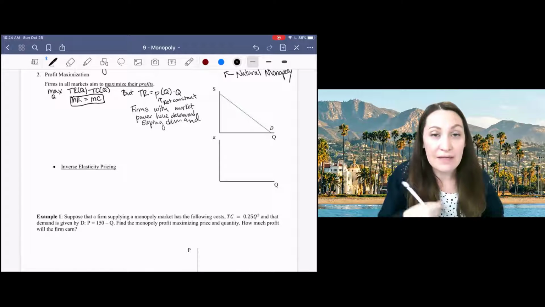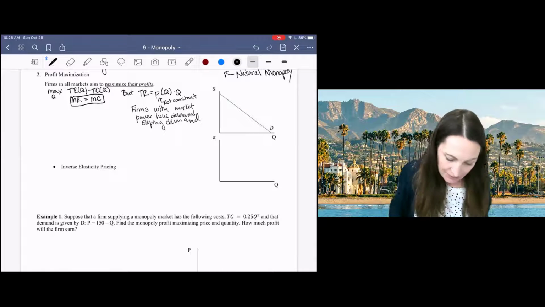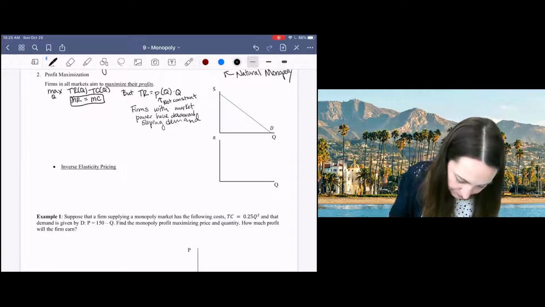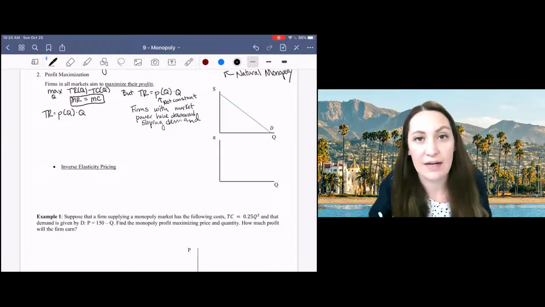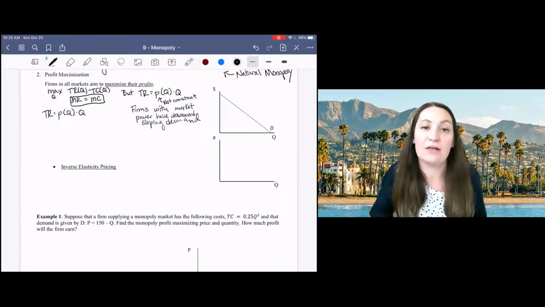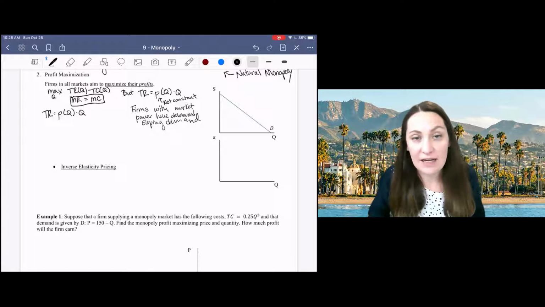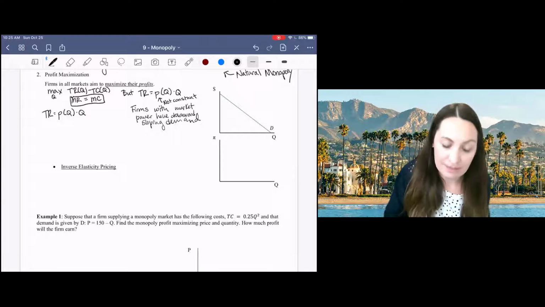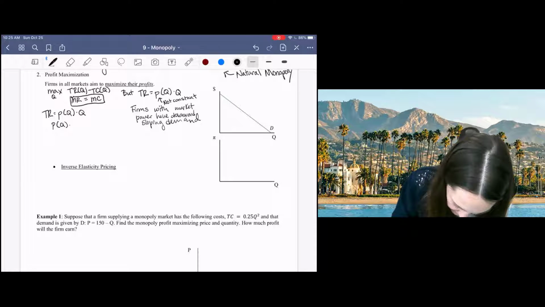So what does that mean in terms of profit maximization? Well, when we go to calculate marginal revenue, taking the derivative of total revenue with respect to quantity, we here have two functions of quantity multiplied, and we need to use the chain rule to take the derivative. So remember, the chain rule is first times the derivative of the second plus second times the derivative of the first. So first, price times the derivative of the second, it's just 1, plus the second, quantity, times the derivative